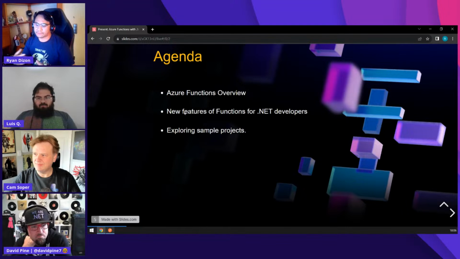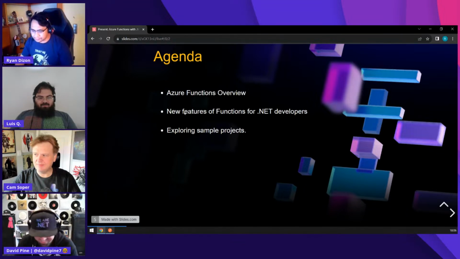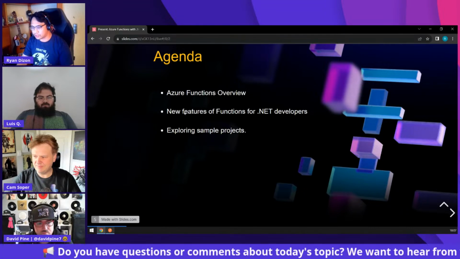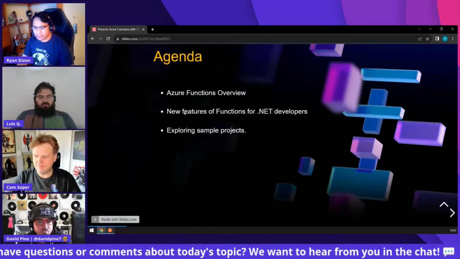My agenda is all about, as I have mentioned, Azure Functions. I am very particular with serverless technology, that's why I picked this topic to share. I also have a background working with the old Azure Functions. I will briefly show some of the new features of Azure Functions. These are specifically for data developers, who will probably benefit from these new features. I'm not sure if these will really be helpful for others, but I'm hoping. And the last one is I will explore some of the projects that I already created this morning.